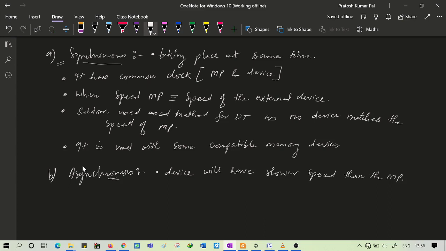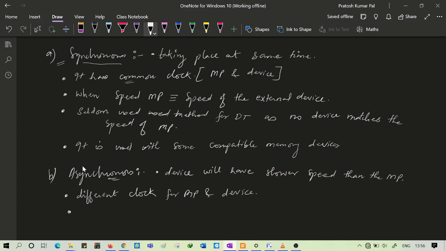Okay, so if the device is having slower speed than the microprocessor, then asynchronous type of data transfer will be taking place. Here basically the clock of the microprocessor and the device will be different. It has a common clock in synchronous, so here we have a different clock for the microprocessor and device.